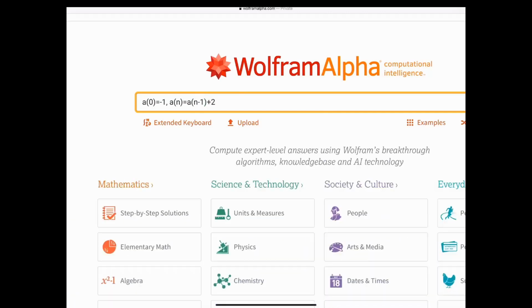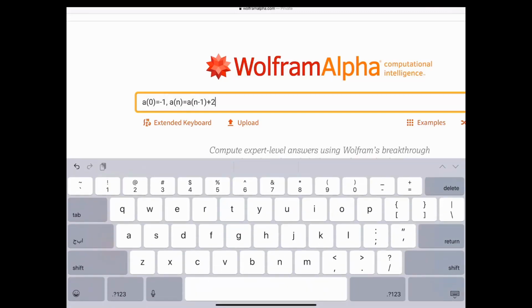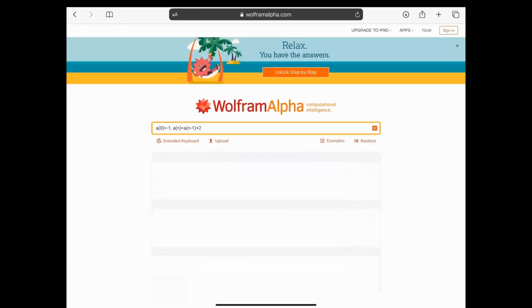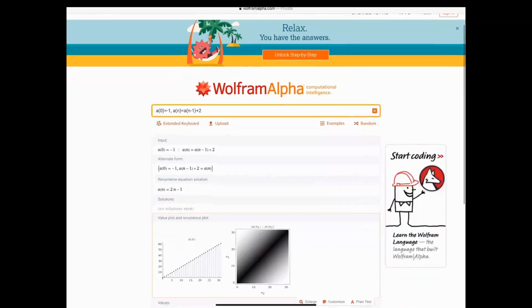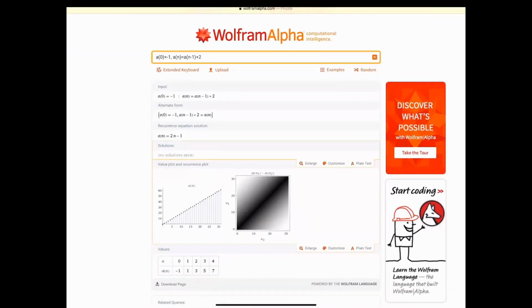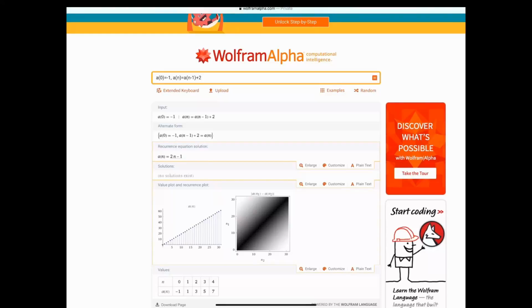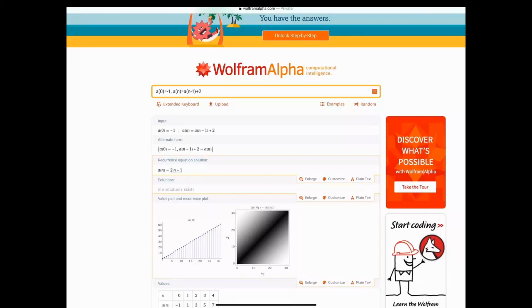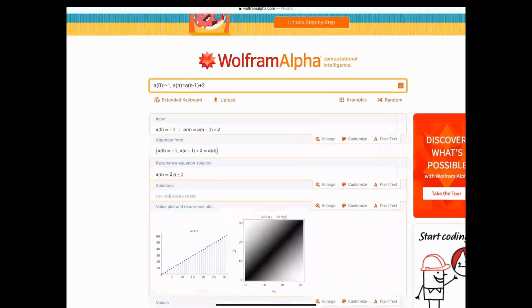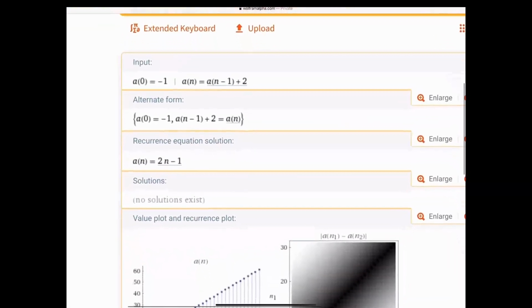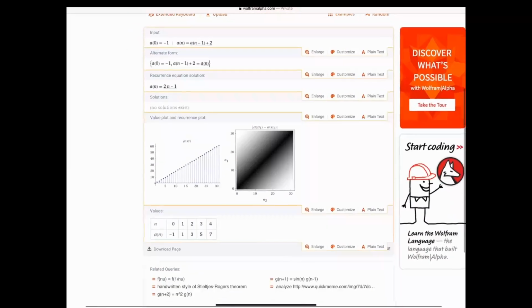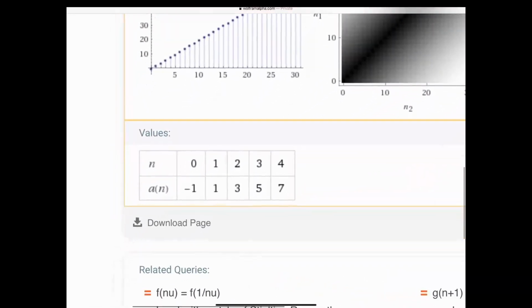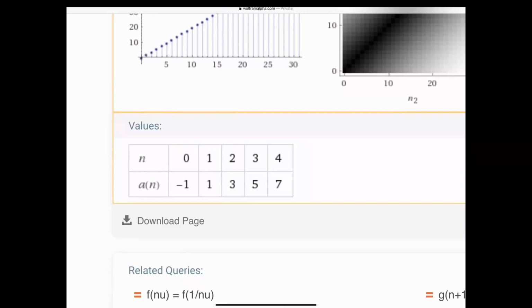And now when you press enter, it will be connected to the server. It will do the calculation and will give you the result on the screen. So see, now it is showing you. Unfortunately, the pointer is not working on the website. But see here, it says A0 equal minus 1 up to here. And see the solution, it says recurrence equation solution is an equal to 2n minus 1. And also it shows you some of the initial numbers, minus 1, 1, 3, 5, and 7,